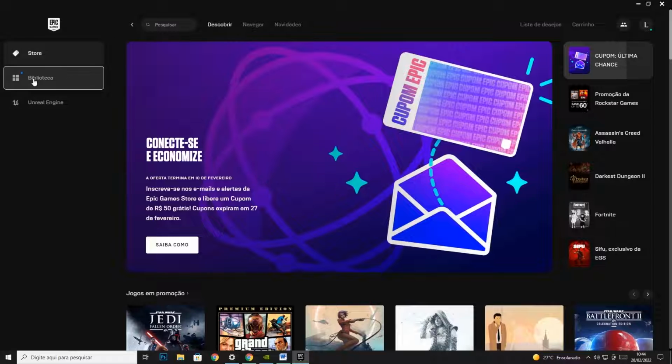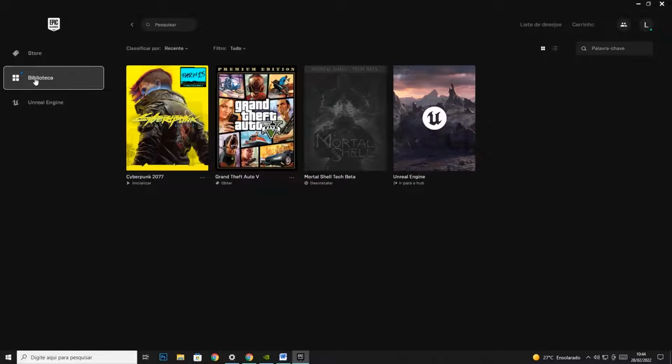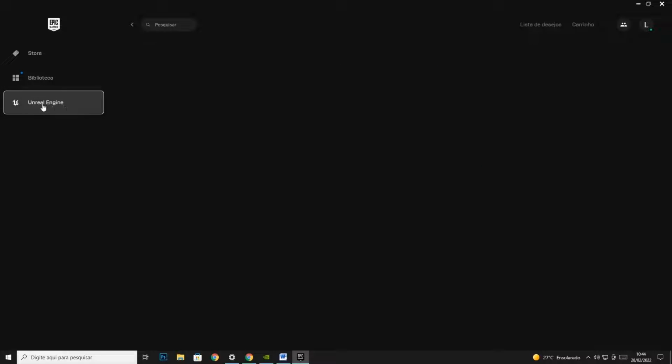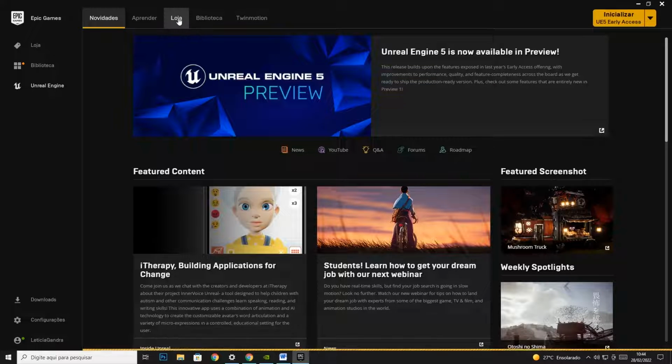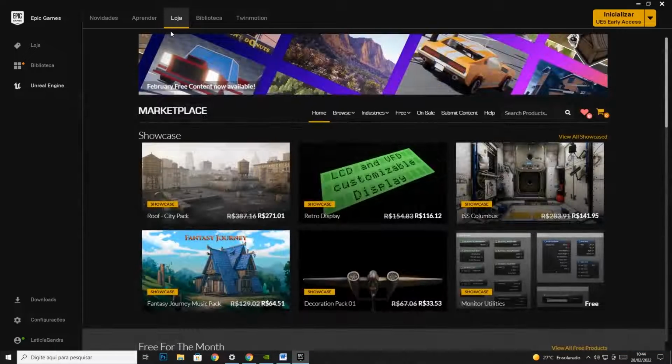the marketplace of Unreal Engine where you can buy products. In my case, I have this other one, the Unreal Engine, that is where the things about Unreal Engine will be. So if I want to access things about Unreal Engine, I go here, Unreal Engine, and inside this I can see the news, learn, store, that is the marketplace of Unreal, assets, products, news,